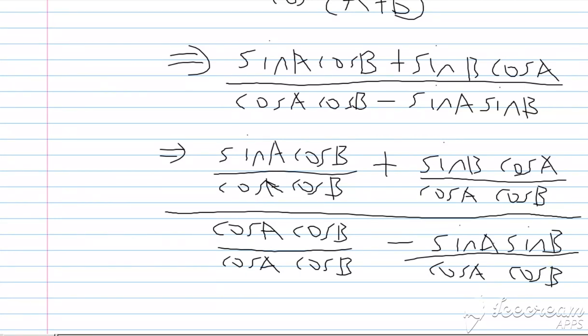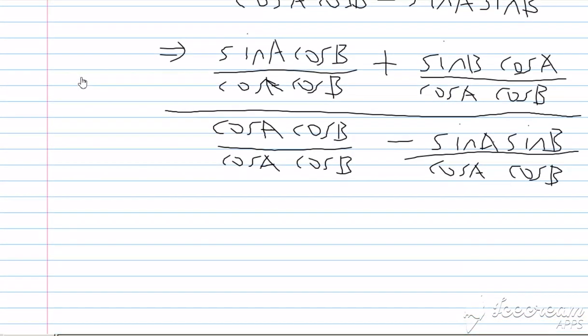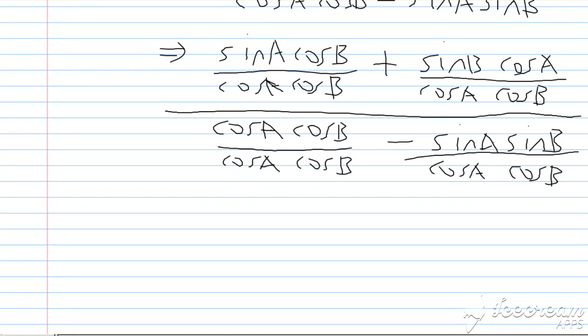My primary task now is to see what can be reduced. Now, if I look at the very first expression, notice that we have a cos B here and we have a cos B there. So that is gone. In the second expression, we have a cos A there and we have a cos A there. So that is gone. Down here, we can say cos A, and cos B takes out cos B. So that is good. Over here, technically speaking, nothing can be cancelled out. So it means now I'm going to have to go back now and